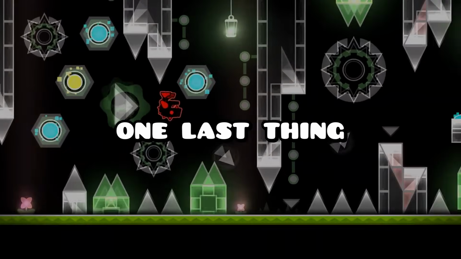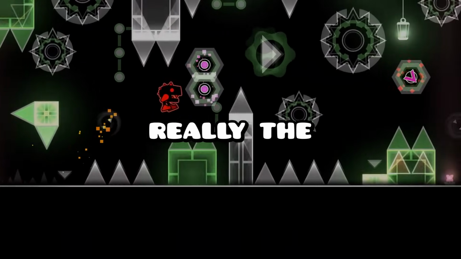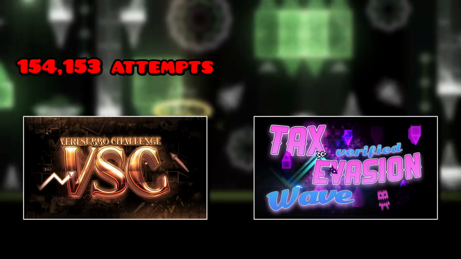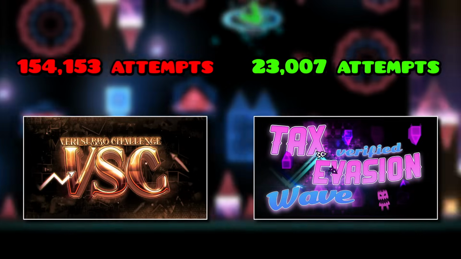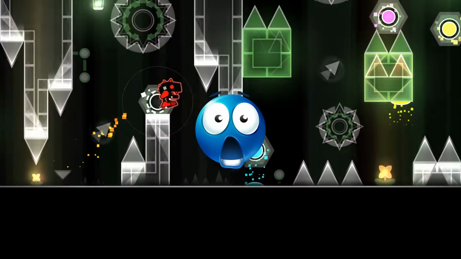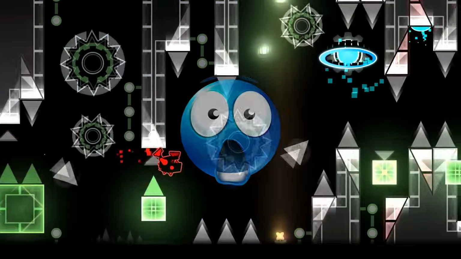But we still have one last thing to cover. Is Tax Evasion Wave really the top 1 challenge? VSC, the current hardest level in the game verified by Yosarian, took a whopping 145,000 attempts to verify. W Shock, on the other hand, took a measly 23,000 attempts to verify Tax Evasion Wave. This raises the issue about whether or not this level is actually worthy of being classified as the hardest challenge